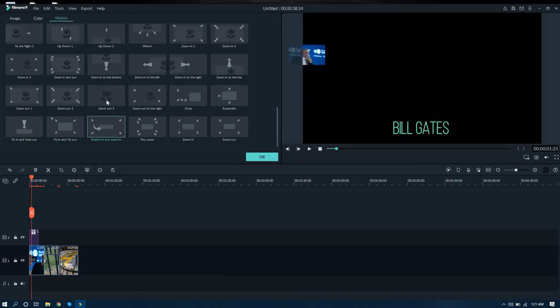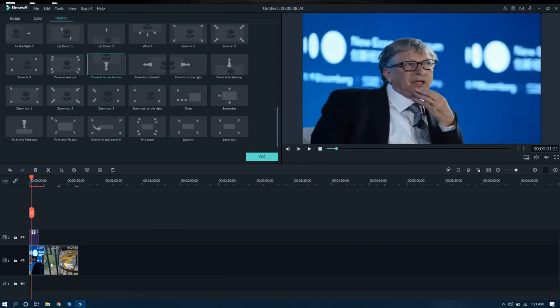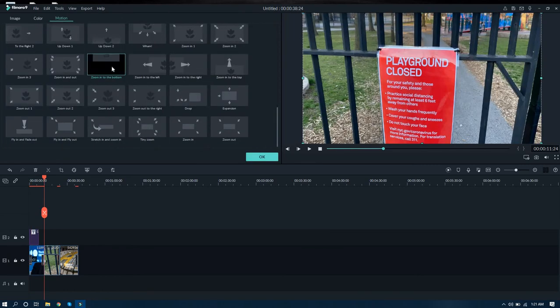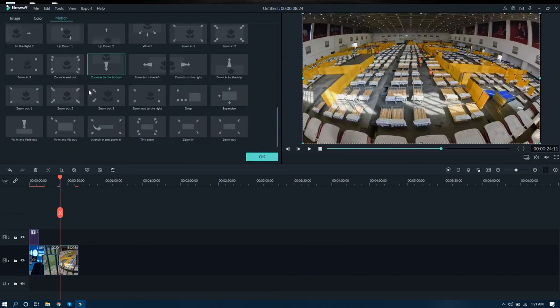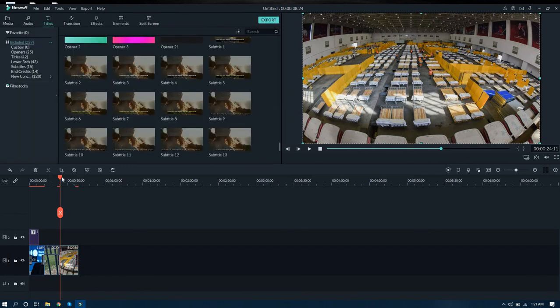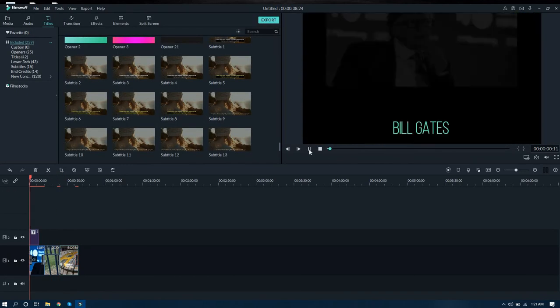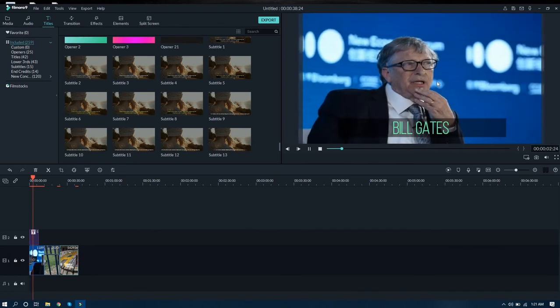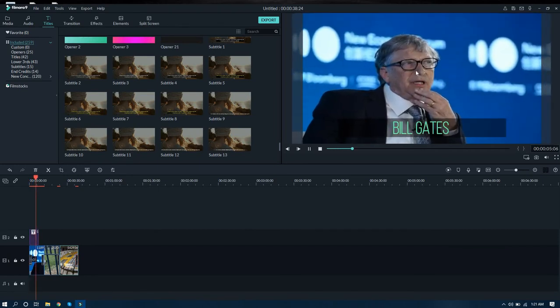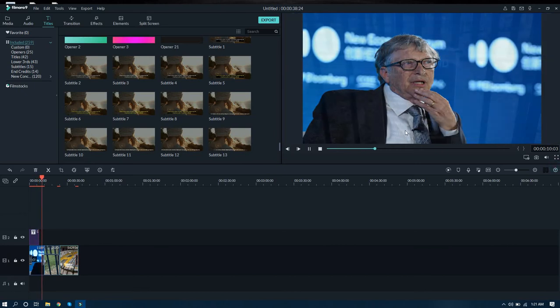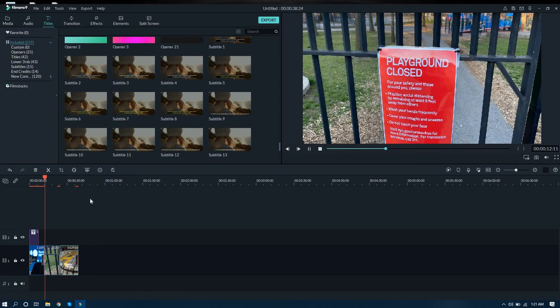Okay, like this we can choose any motion for the particular image, and we have to apply it to all the images here. Okay, now if I go ahead and play this, the videos will come and pop up like this with the text also displayed here. Okay, now that's all about the titles and also the motion of the images.